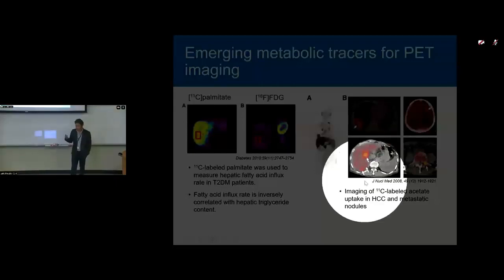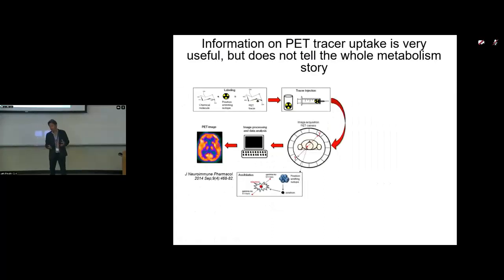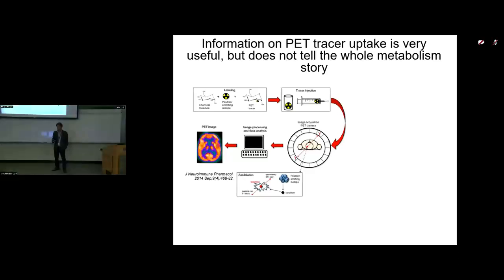But this is not to knock down the PET field as a whole. PET tracers or PET uptake rely on the internalization of these molecules, and a lot of the time it doesn't really give us the whole picture of metabolism. So one being that FDG doesn't really get metabolized throughout the whole glycolysis pathway. But once you use carbon-11, the molecules get metabolized. But the problem is when you detect them,